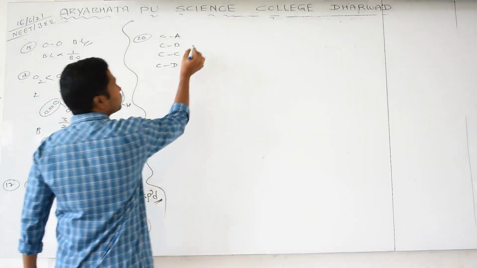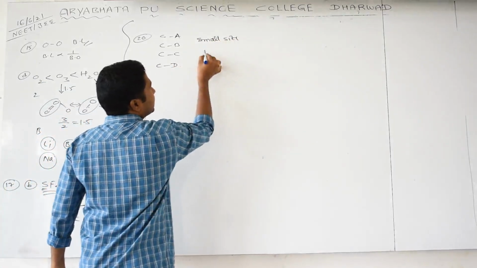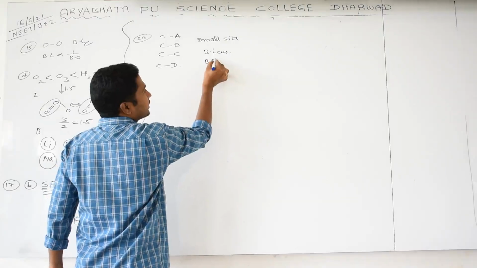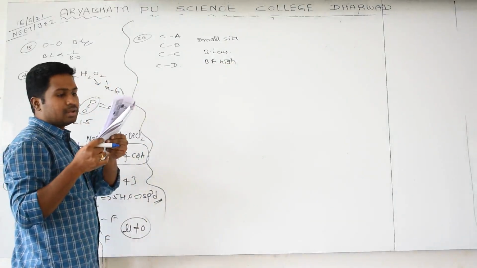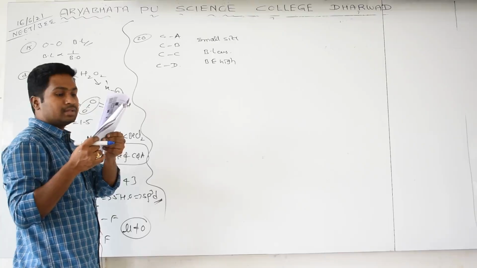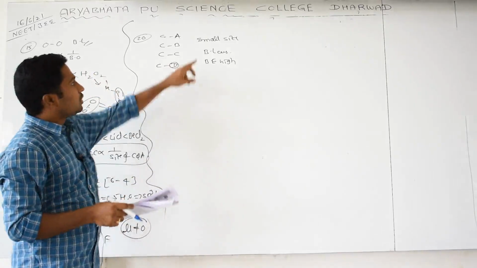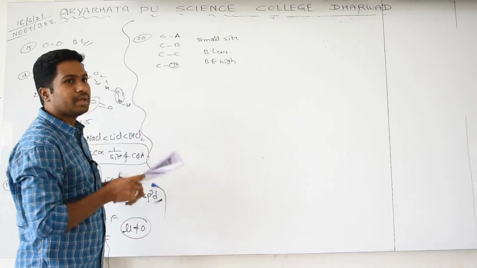You know very well, small size means bond length is less. Bond length is less means bond energy is high. For which bond will the energy be high? Yes, 240, 328, 276, D. Yes, this point. Which is the smallest size? This is the smallest size. For a smaller sized atom, bond length is less, strong bond, which means bond energy will be high.